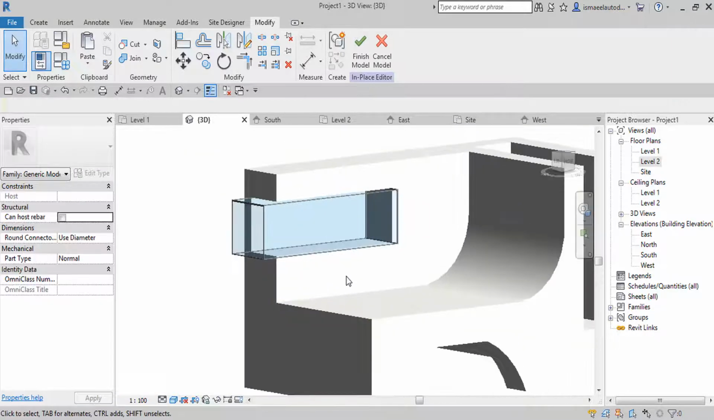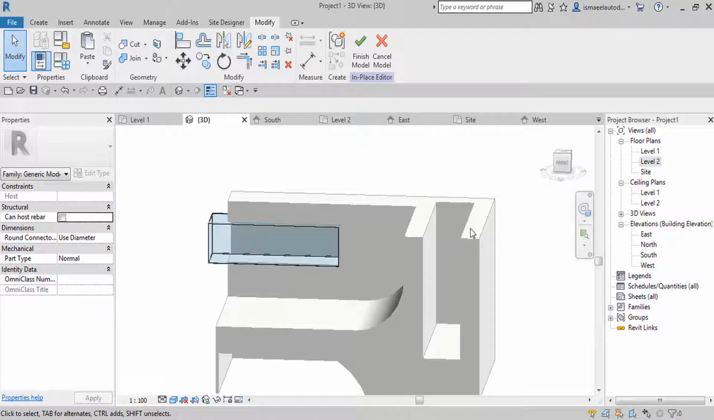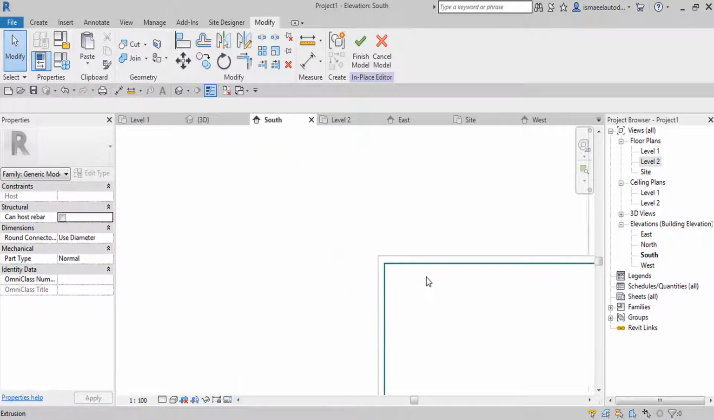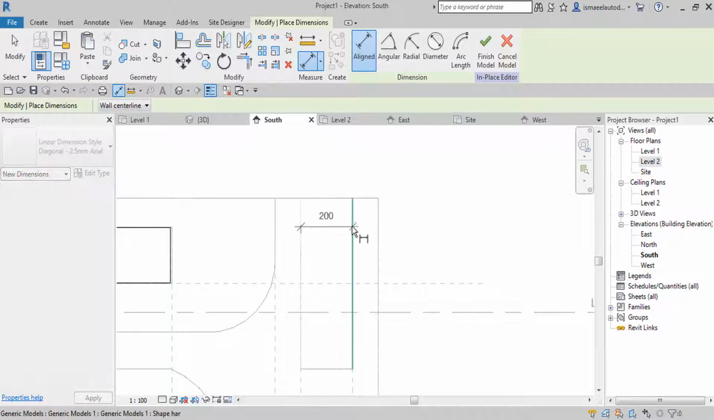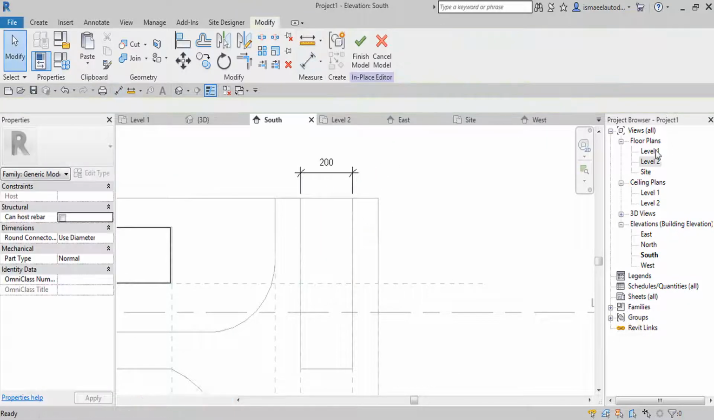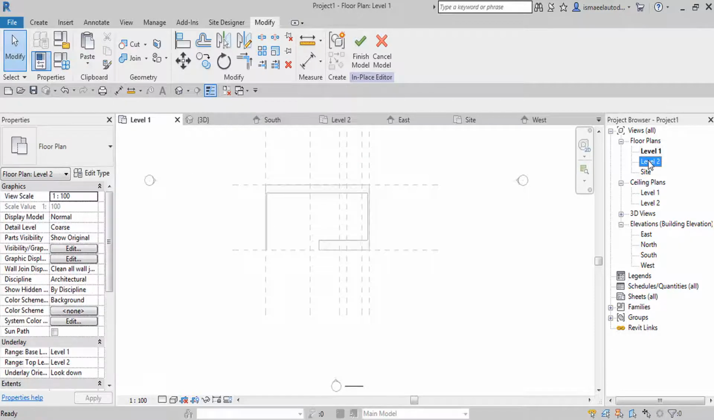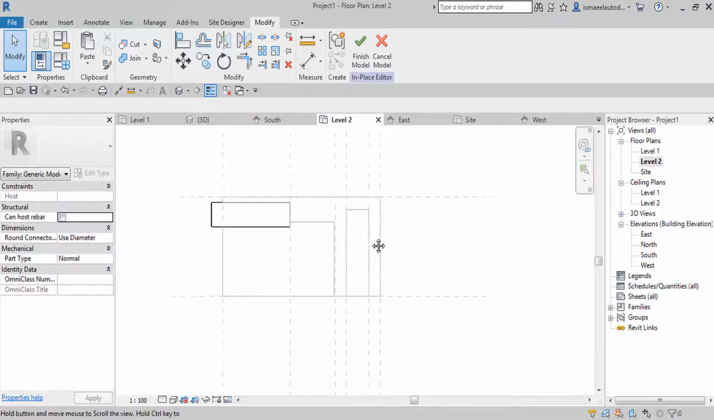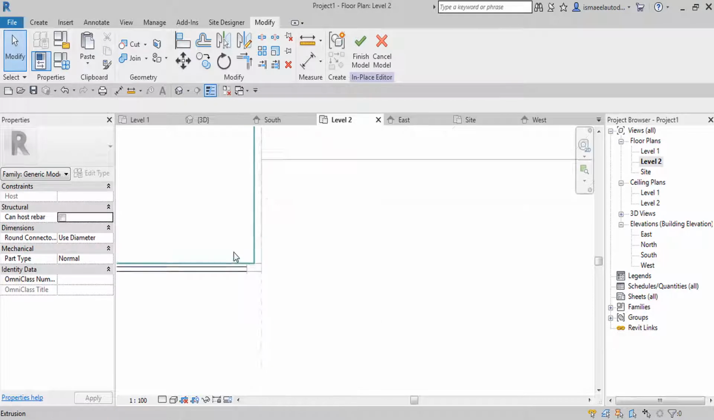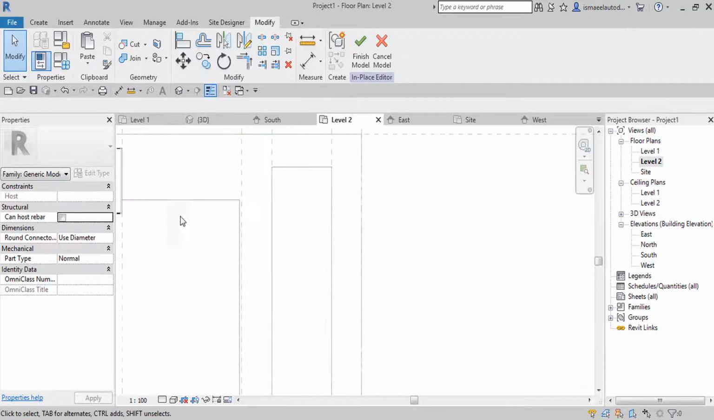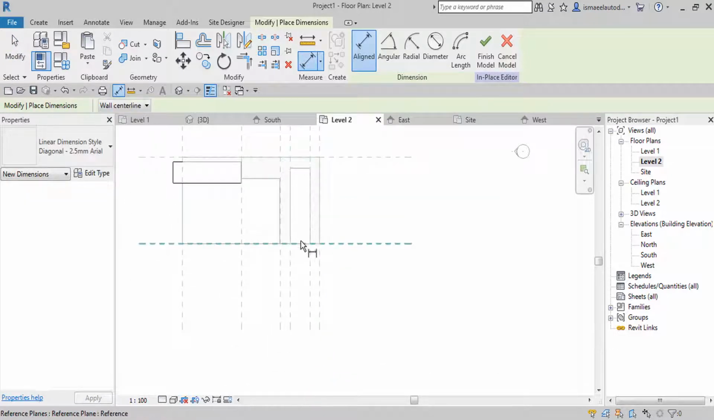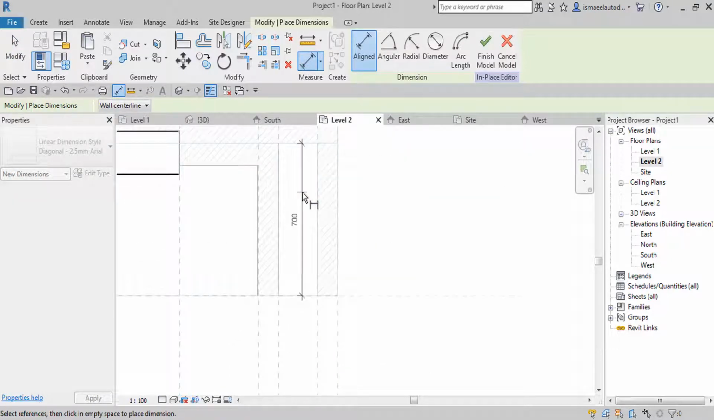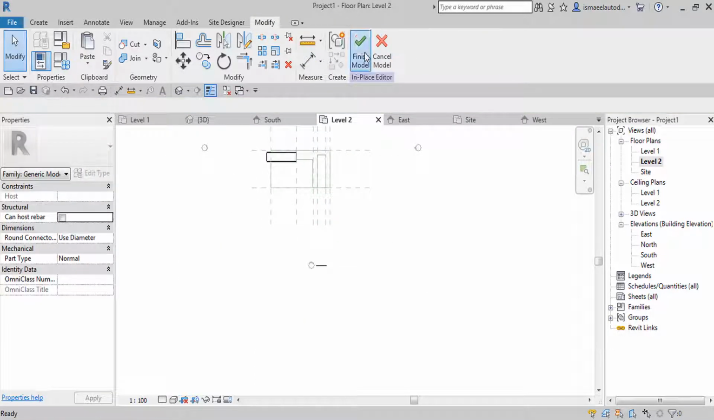Yep. So for that one I can model it or use the same way. So I will go to south elevation just to check the dimension or the thing that we did, DI from here to here, 200, and then go to level 1 or level 2, okay, DI again, 200 also, and then from here to here it will be 700, so I will put it as 800 and then 200. I will say finish model,